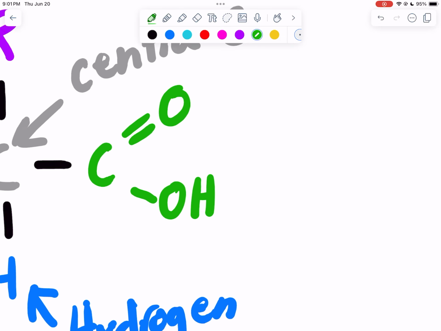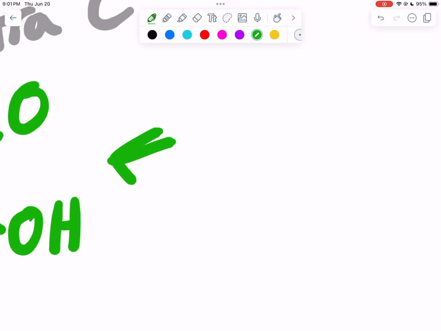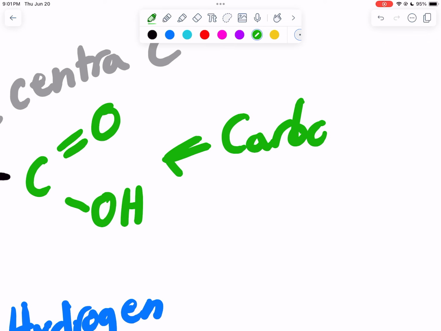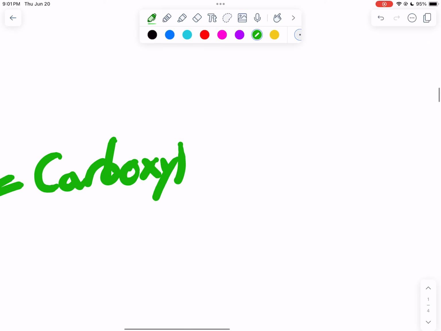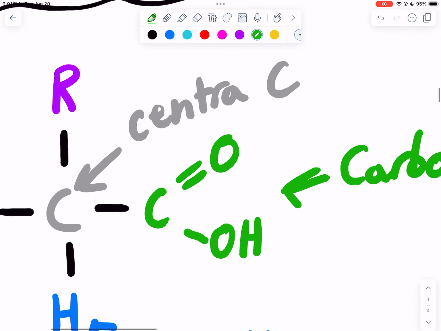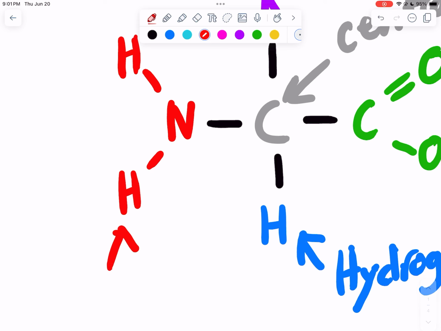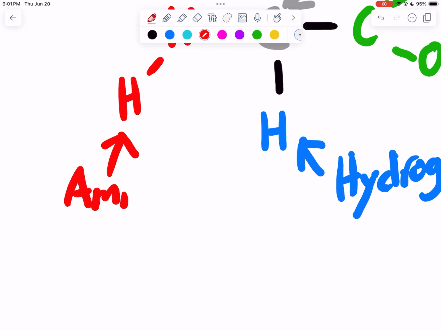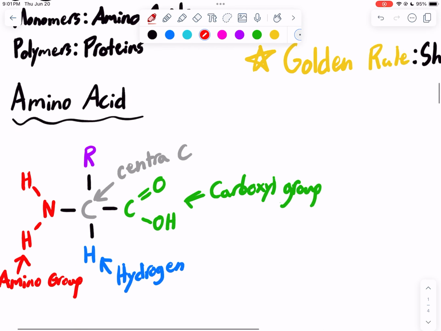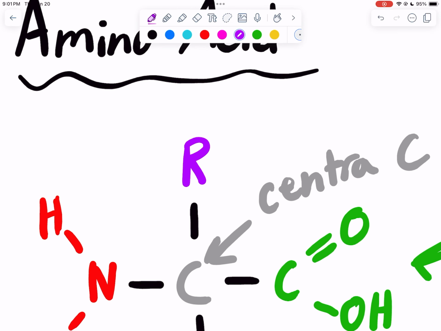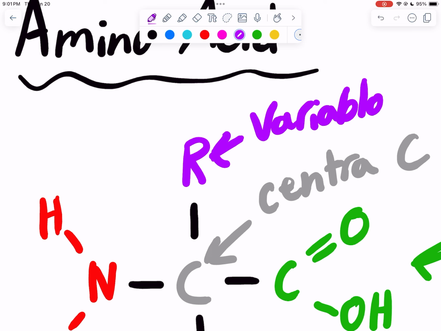On the right, we have a carboxyl group, and you should know this from a previous video. If you don't, check it out where we went over functional groups. And then on the left, we have the functional group, the amino group, right there. And then at the top is what makes each amino acid special. Right here is the R group, also known as the variable group. And this changes for each amino acid